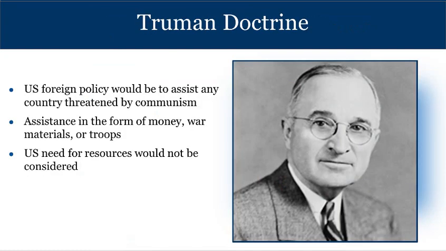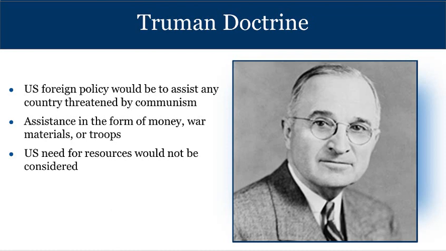We're also going to see our politicians come up with some different doctrines that help guide our foreign policy. So the first one we need to talk about is the Truman Doctrine. So obviously named for President Truman, this is his foreign policy while he is president. This is a shift from previous foreign policy, but it's also our first Cold War president. So to some extent, he's really starting from scratch here. So the first part of the Truman Doctrine says that the United States is going to offer assistance to any country that is threatened by communism.